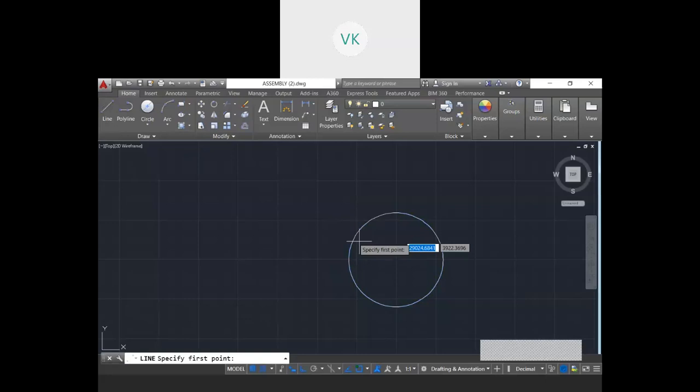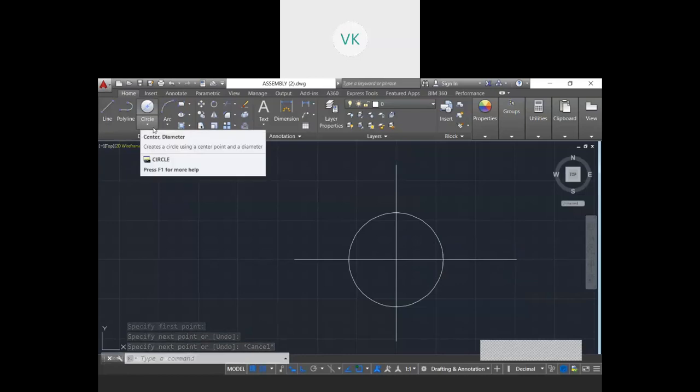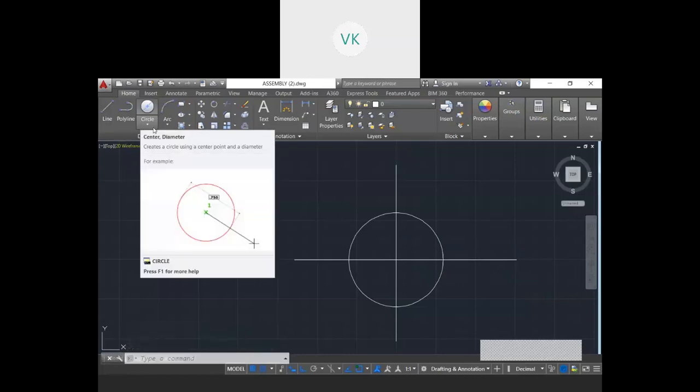I will draw a line here, just to have an x-axis and y-axis to indicate. So this is the reference. Later on you can delete it, or you can keep it with dotted lines. So this is for the inner diameter, that was 745 mm.